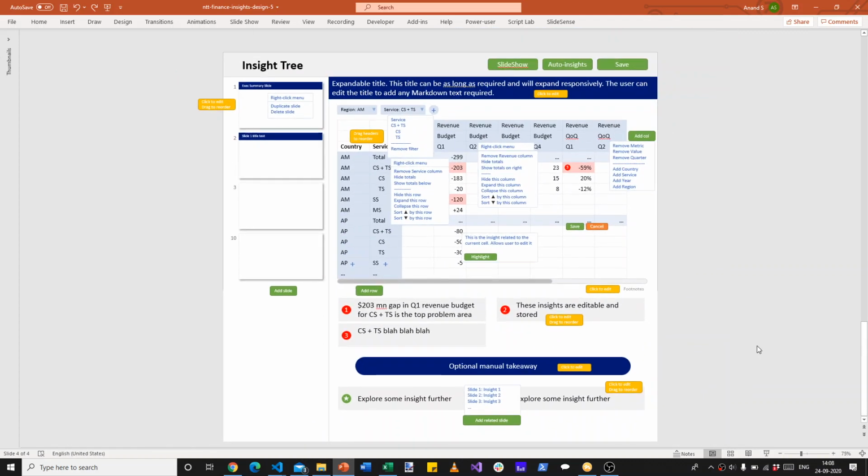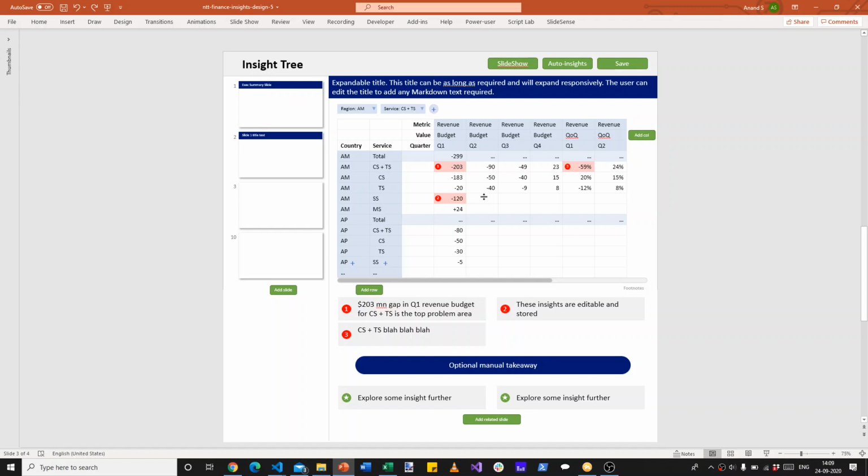So now what we have is the equivalent of something that could go into a slideshow. The stuff on the right hand side is what needs to be seen. So if they click on slideshow, the stuff on the left gets hidden and the entire page focuses on this, where they can see the specific insights, click on one of these insights, and well, okay, somewhere there should be a next button. But if they click on the next button, that will take them to the next part of the storyline, which the title will elaborate on, but also jump across the storyline through these links. This is the flow that I have in mind.